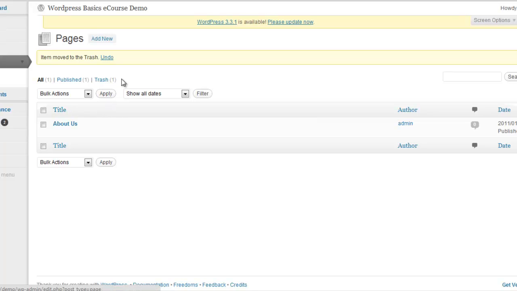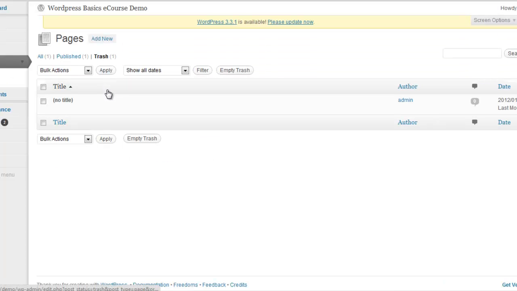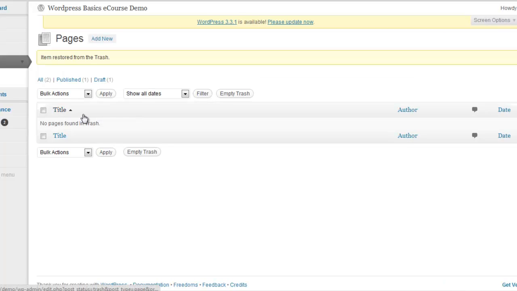If you look up here at the top, it keeps a tally of all the pages that you have published and what's in trash. If for some reason you deleted a page, I'm going to click on trash, and you're like, I really didn't want that. You can either restore it or you can delete it permanently. So just for our purposes, I'm going to click restore so you can see what happens. Go back to published